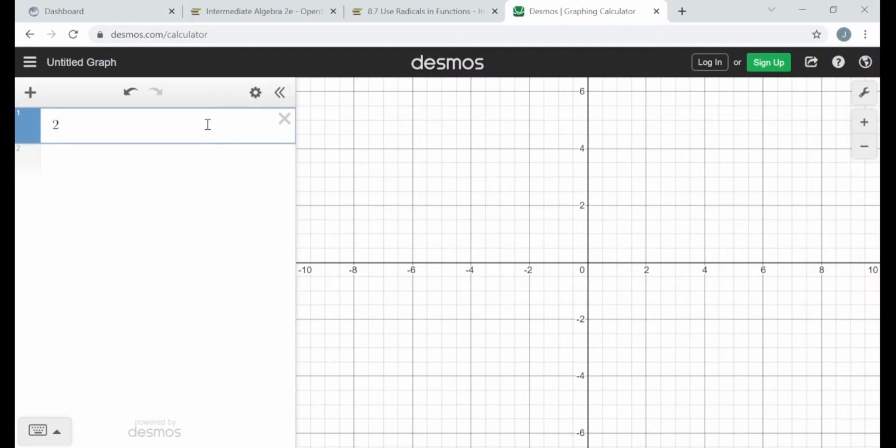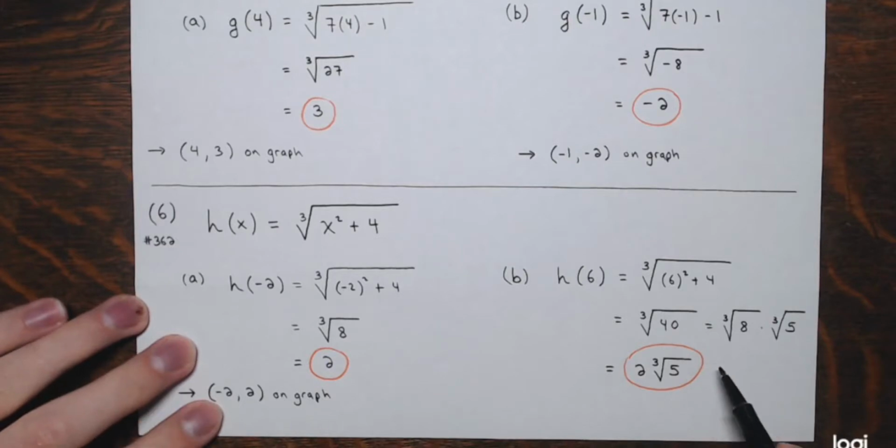So 2 times, now, instead of looking for the cube root thing again, I'm going to go 5 and then the caret button above the number 6, shift 6. And then remember the 1/3 power was the cube root. So that's 2 times 5 to the 1/3 power, 2 times the cube root of 5, 3.4199, so 3.420. If I round to 3 decimal places like they do in Desmos here, this is approximately